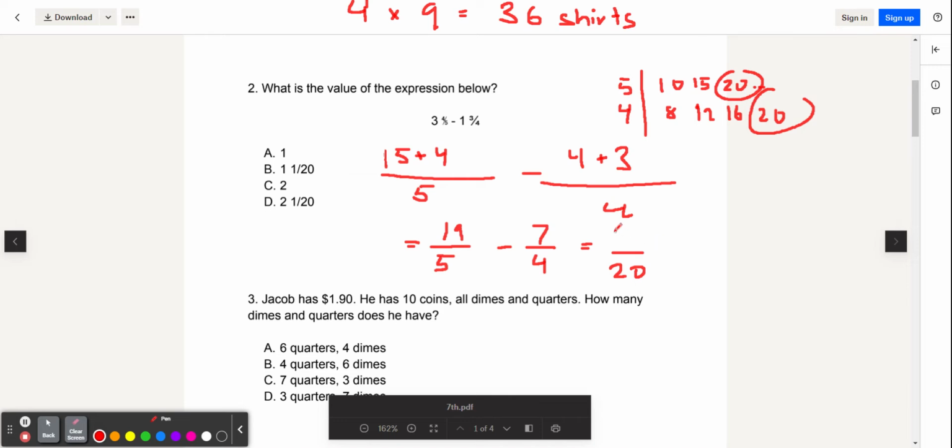19 times 4 is 76, minus 4 times 5 is 20. And then 7 times 5 is 35. Now we simply subtract the fractions because they have the same denominator. 76 minus 35 is 41 over 20. Simplify the improper fraction to get 2 and 1/20th, which is